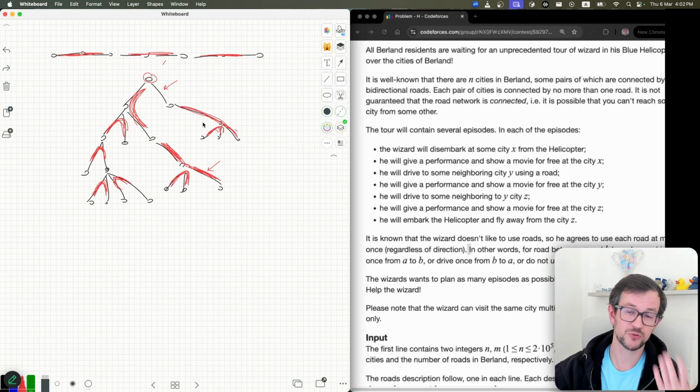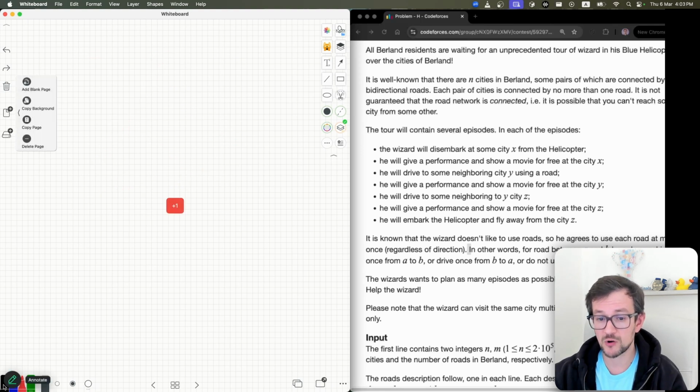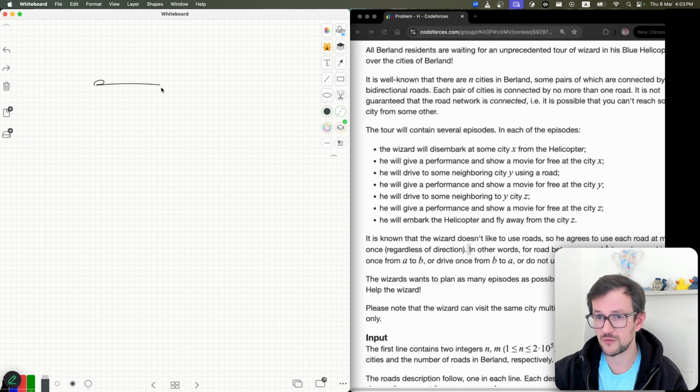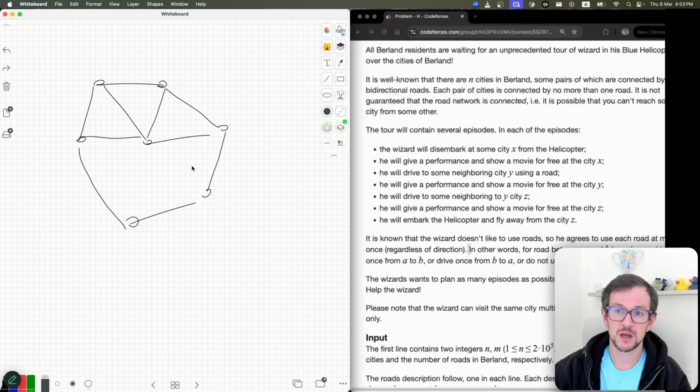Now let's get back to the graph. Sometimes the problem for the graph is actually the same as for the tree. Because if you have a graph, let me show you. Every graph is a tree in some sense. Let's look at the graph like this. So you have a graph. What you can do,